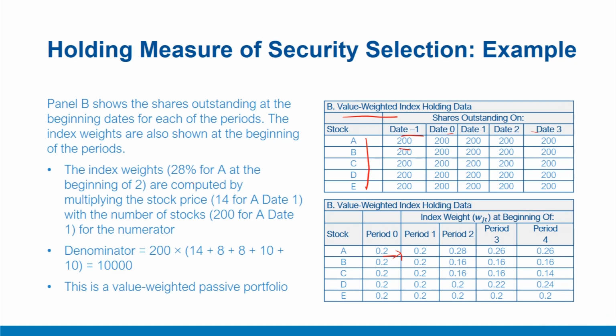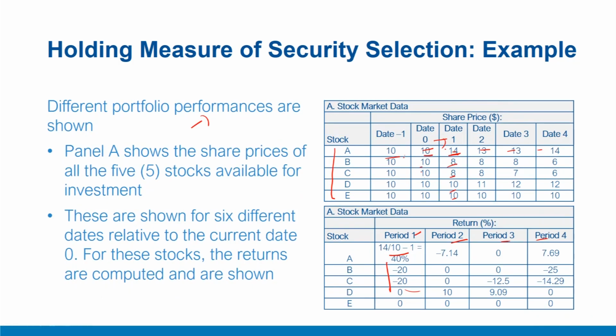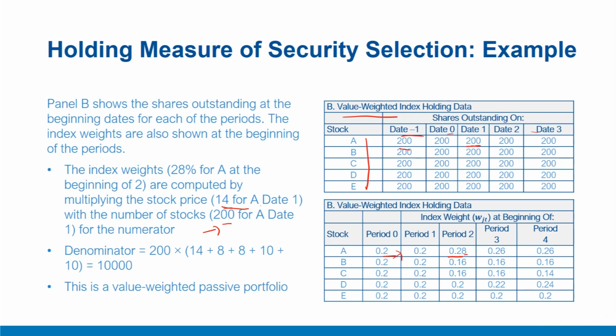For example, look at the weight of security A in period 2, that is at the beginning of period 2, which is 28%. It is very easily computed by multiplying the price of A at the closing of date 1, which is 14, with the number of stocks, 200, as a numerator. So we have 14, the price of the security, multiplied by the holdings, 200. The numerator and denominator